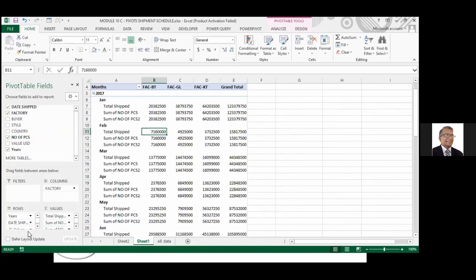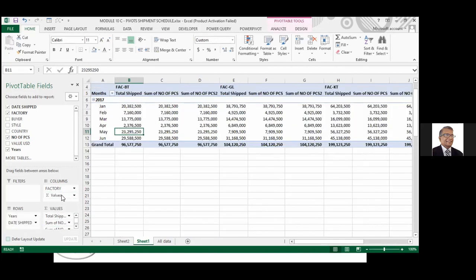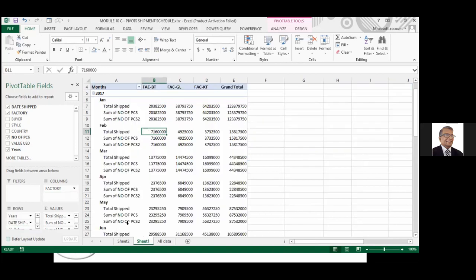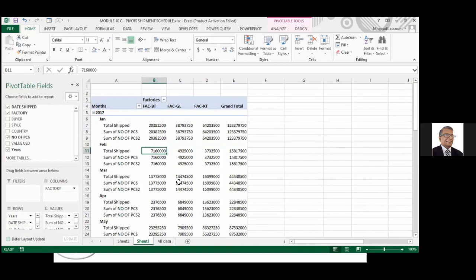Now it's coming one under the other because this sum value is there. If I put the sum value here, it will be that way. But I'll better put it here. So total shipped, I'll say total pieces shipped.